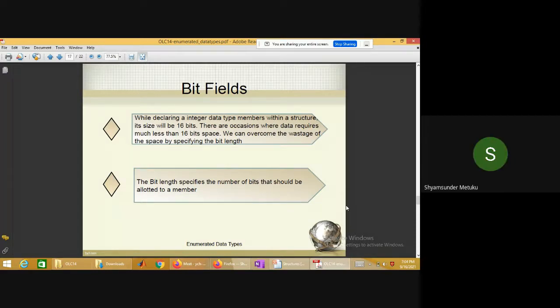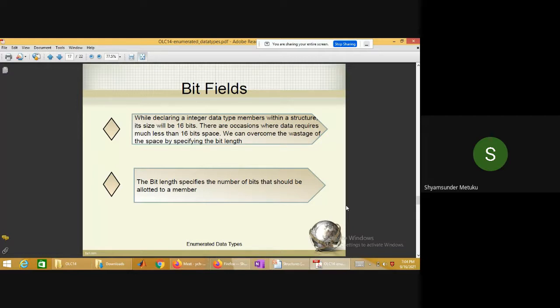So in my program, I never store an integer with a maximum beyond 128. So unnecessarily you are declaring 32 bits for an integer, and you are utilizing only the lower 7 bits. Remaining 32 minus 7, around 24 bits will never be useful in your program. To make use of those remaining bits, we have an option called bit fields, and the bit fields option is available only in structures, not directly. So here that is what it is telling.